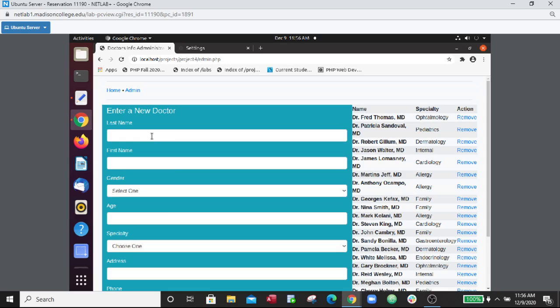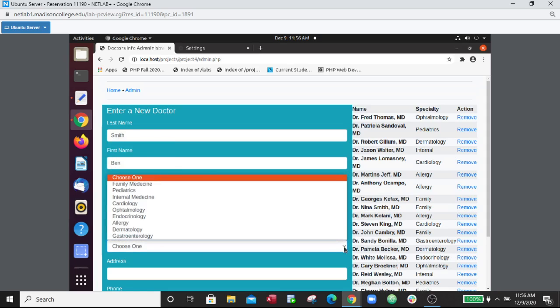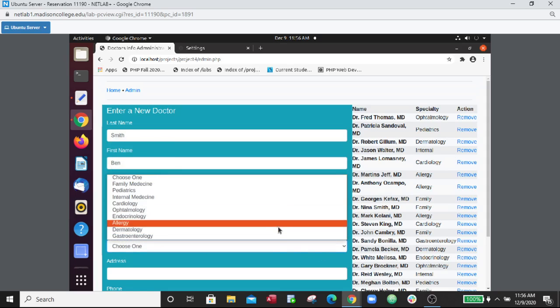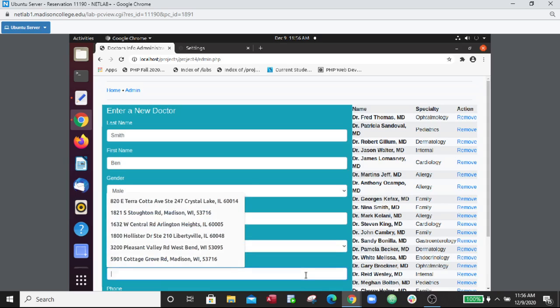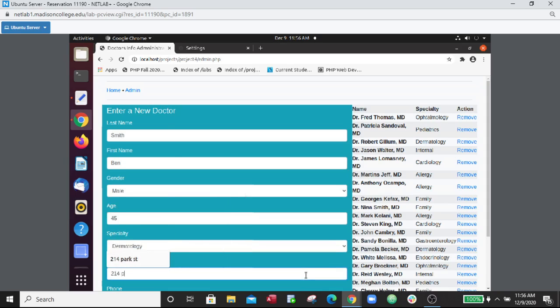So I just come here and enter the last name. Let's say my doctor's name is Smith, and the first name, I just made up something, Ben. For the gender I can select male, and for the age let me put 45. Specialty, well, I would choose something like dermatology, and then the address, let me put 214 Park Street,